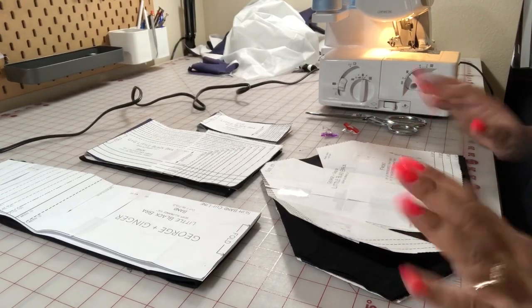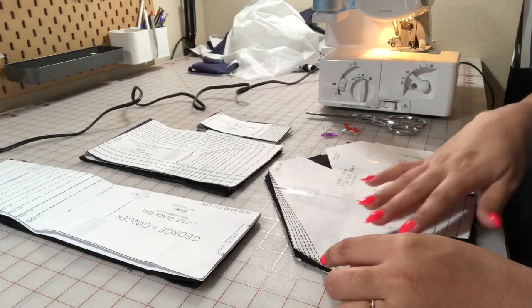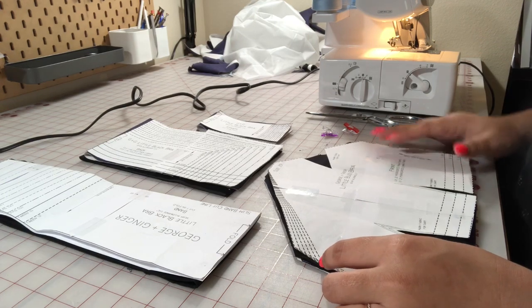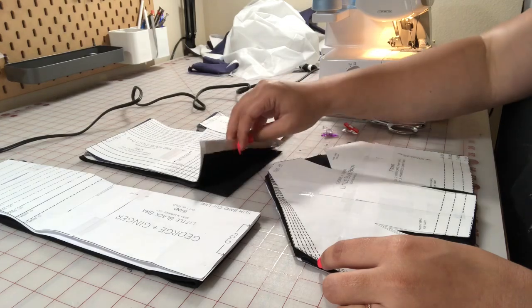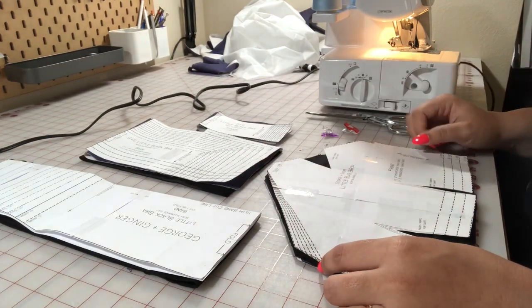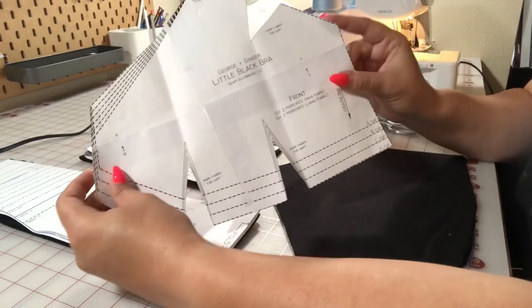Hi everyone, so I've decided to make a quick tutorial on how I put together my LBB, my little black bra from George and Ginger. So here I've got all of my pieces cut out along with lining and main fabric. Pieces done, so I'm going to go ahead and start with the darts on the cup